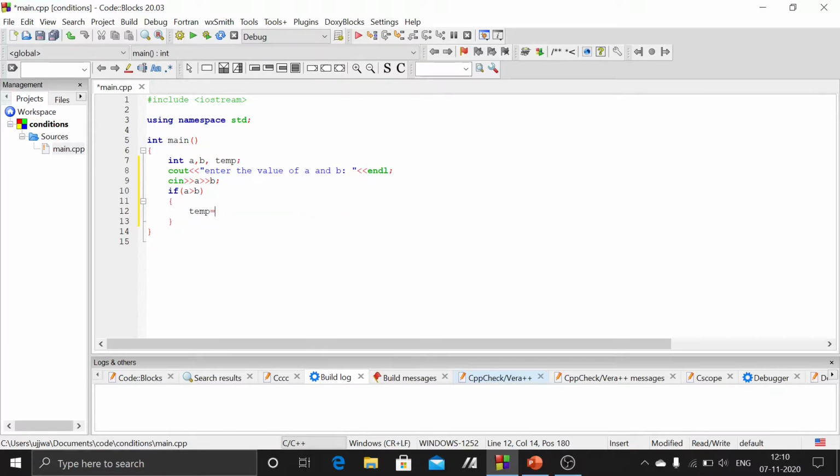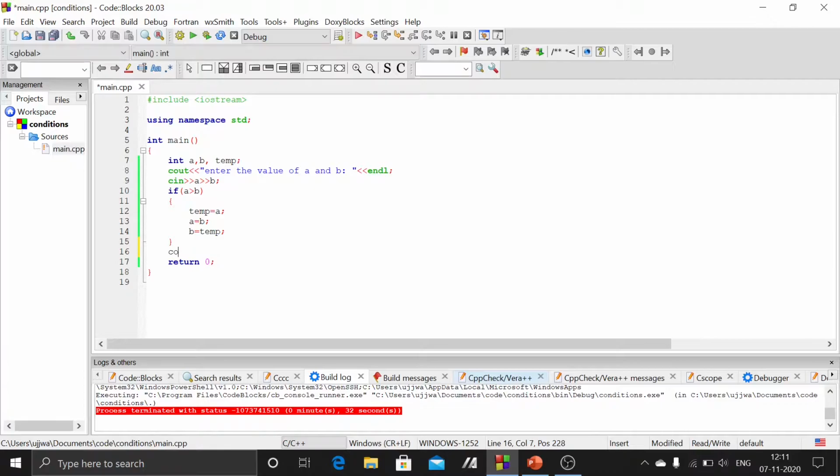we'll put the value of a inside the temporary variable. When the value of a went to the temporary variable, a became empty, there is no value inside a, so we put the value of b inside a, and inside b we will put the value of temp.